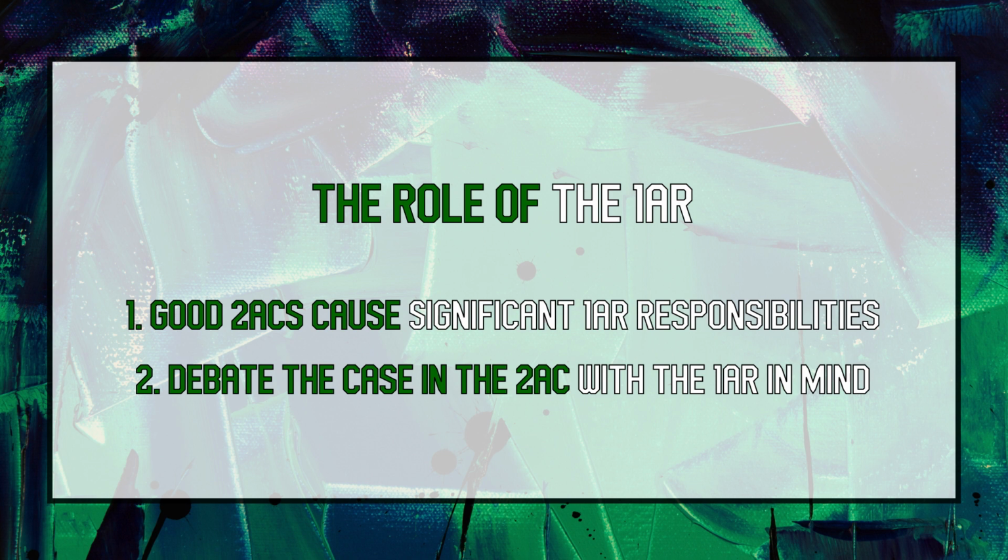Sometimes a marginal improvement in the 2AC sets up the 1AR to be marginally worse. If the negative opts for a block strategy that results in this not mattering, it's a net positive for the affirmative. But it's a calculated gamble that might wind up being counterproductive if the negative recognizes and exploits it. Ultimately, this is why debating the case in the 2AC is difficult. You have to be smart, and you have to be willing to take some risks.